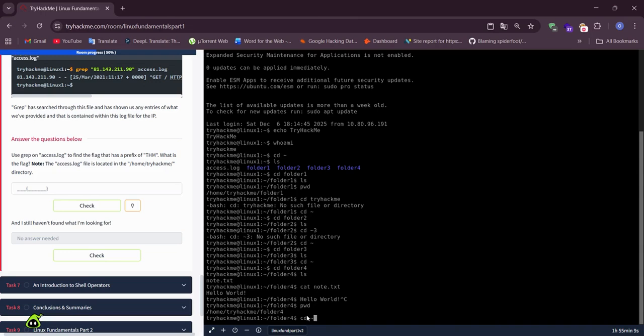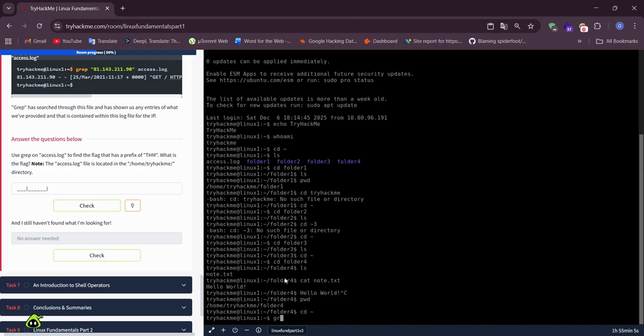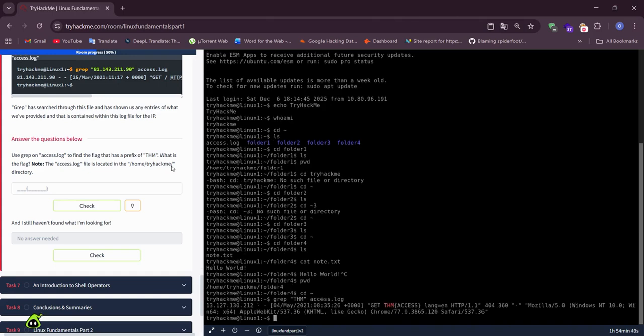Firstly, we move to the root folder and we should write thm and access.log. Yes, our flag is that, thm.